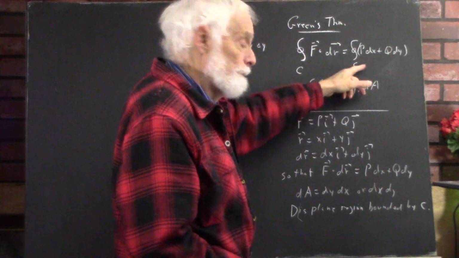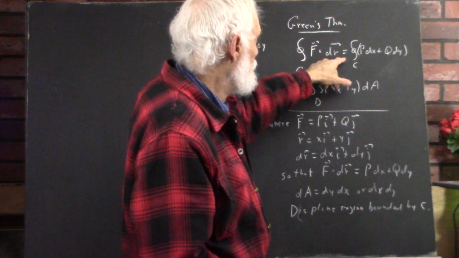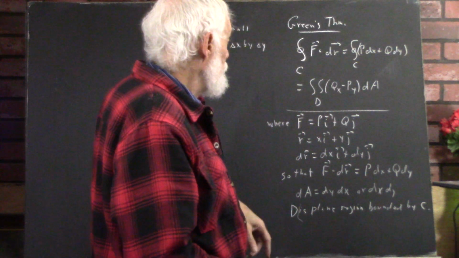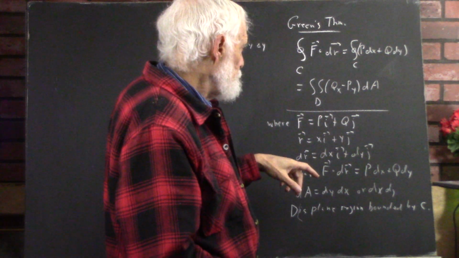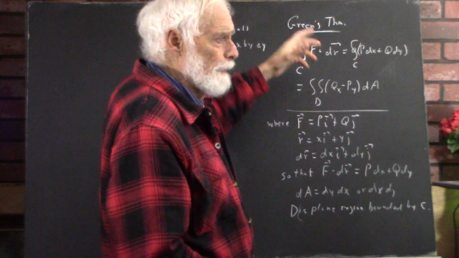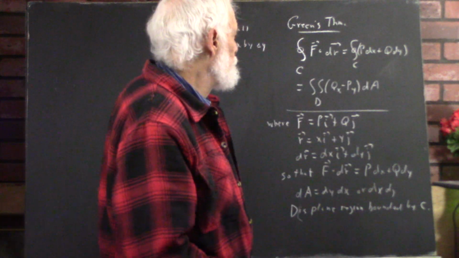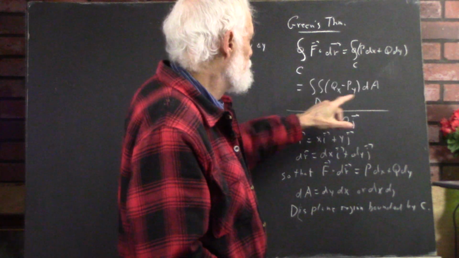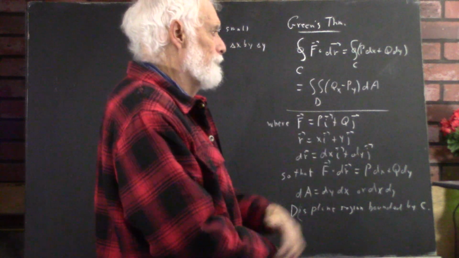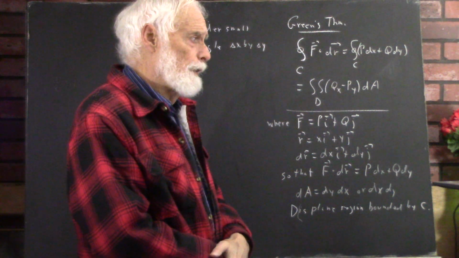We have this, f dot dr equals P dx plus Q dy. This is the line integral of f around the curve. Well, the line integral of the tangential component of f around the curve equals this, and the big deal is that this equals this. And that's really kind of unexpected. You wouldn't expect a line integral necessarily, unless you thought about it pretty deeply,